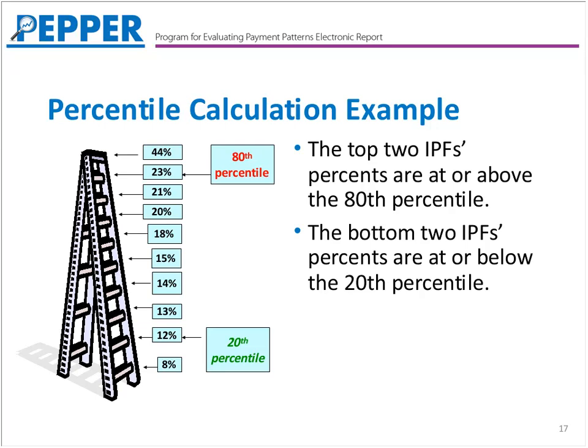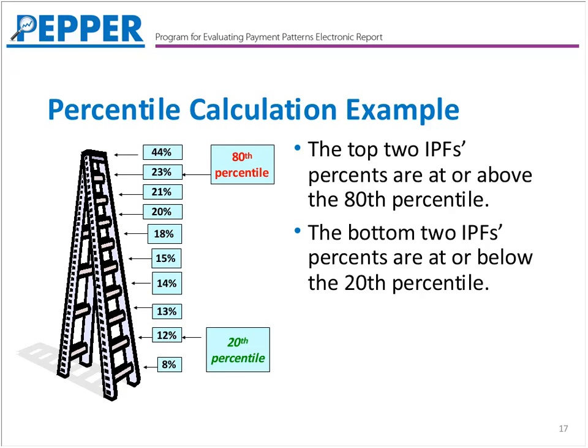We've sorted those target area percents from highest to lowest. So we have all the IPFs, all of their target area percent sorted from highest to lowest. We identify the target area percent below which 80% of the providers fall, and that percent is identified as the 80th percentile. So essentially the top 20% of the providers in this distribution are at or above the 80th percentile, and so in the PEPPER they're going to be identified as high outliers, and you'll see your target area percent in red